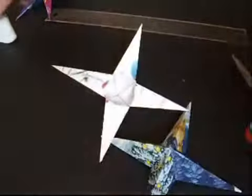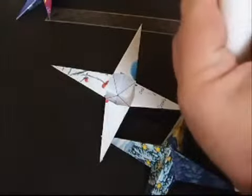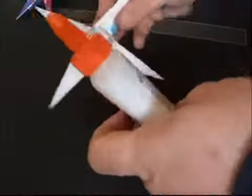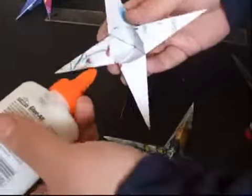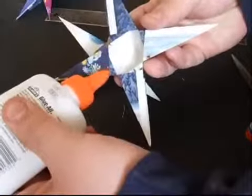But this is where we're going to use our regular glue. You can use a hot glue gun for this, that's fine. I haven't tried double stick tape because there's not really enough contact there. What you're going to do is put a dot of glue, and I'll do it on the dark one, a dot of glue,